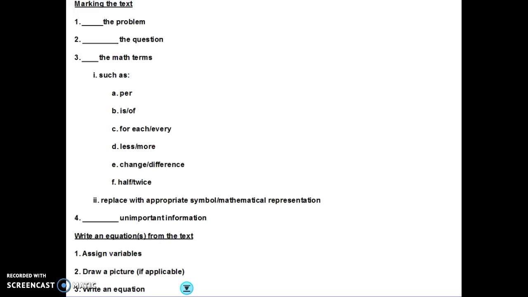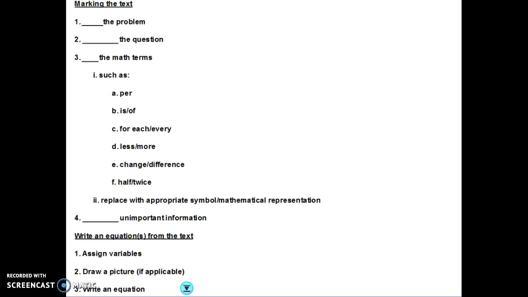Hello, today we're going to be talking about marking the text and how it applies to word problems in mathematics. You should have a note sheet in front of you that will match my presentation exactly. So just follow along as we go through and please fill in the blanks. Also, as we go through, I'll prompt you to pause the video so you'll have a moment to practice what